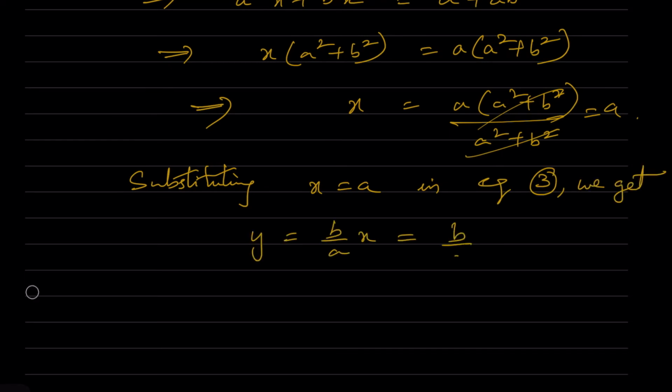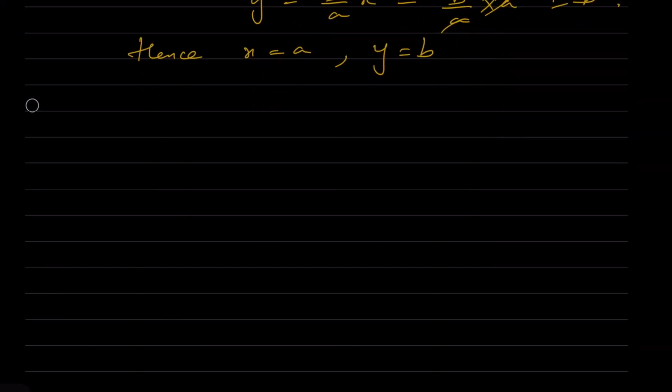So x is nothing but a, so here you will get x, a will get cancelled, so y is equal to b. Hence x is equal to a and y is equal to b is the solution of the pair of linear equations given to us. Now going to the next one, the fourth one, the given system of equations